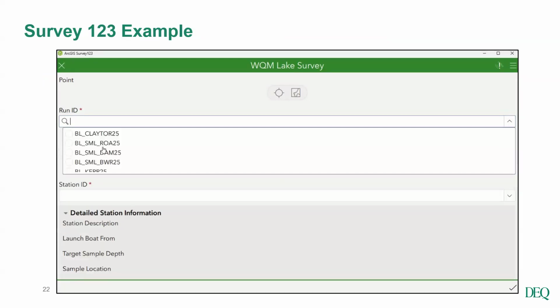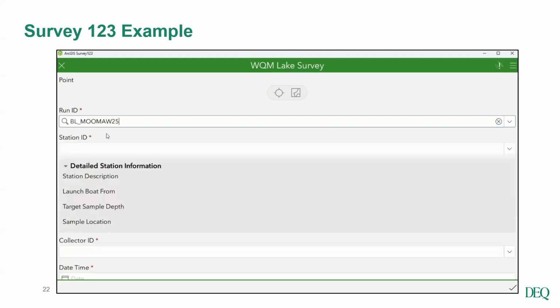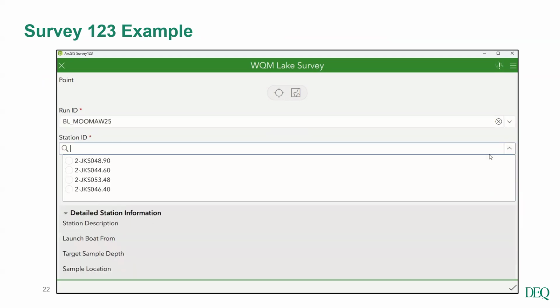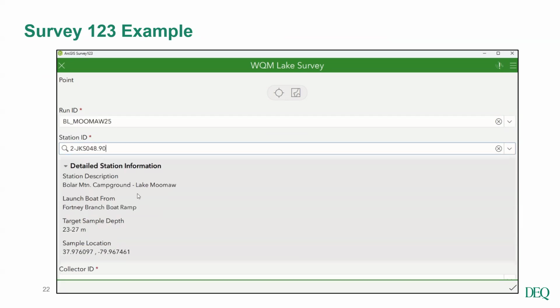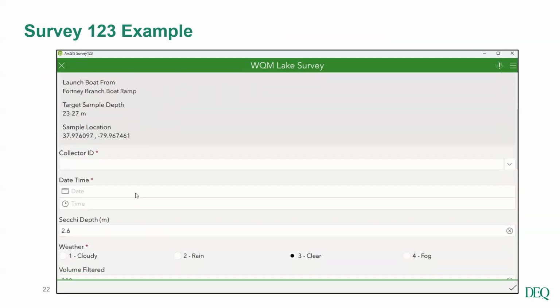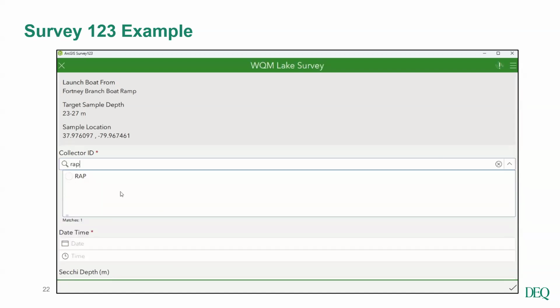So here we see a user with the new survey. They're able to select one of our runs from a drop-down menu. They choose the run that they're on, and now another drop-down menu gives them access to all the stations that are contained within that run, as well as some detailed station information helping guide the user to the right spot